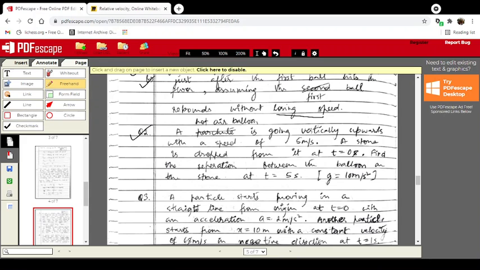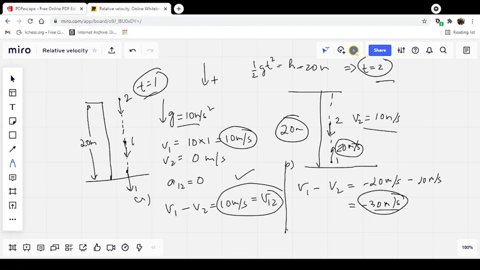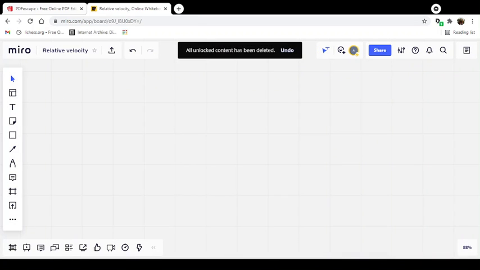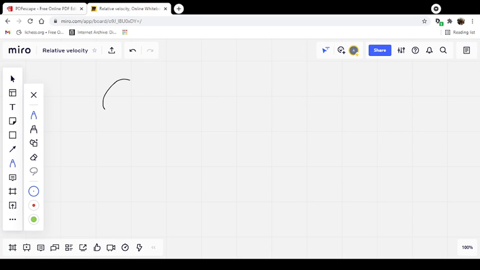So we have to find the separation between the balloon and the stone. Let us say we are sitting in the balloon itself and we are seeing the whole situation. We have ourselves dropped the stone from the balloon. So what would happen? You have a hot air balloon over here and some person is sitting inside the balloon and he has dropped the stone. So let us take the balloon as our frame of reference, and the stone is what is being observed.